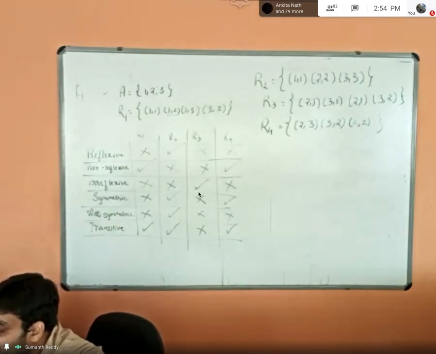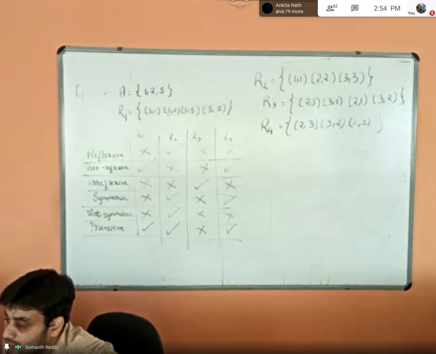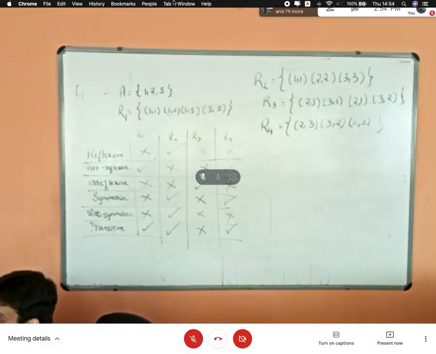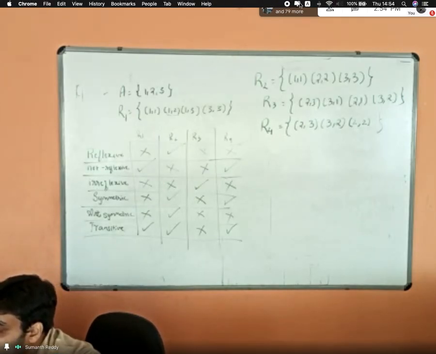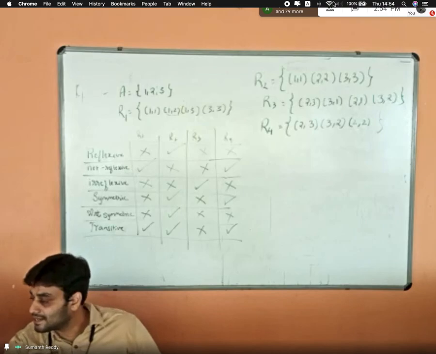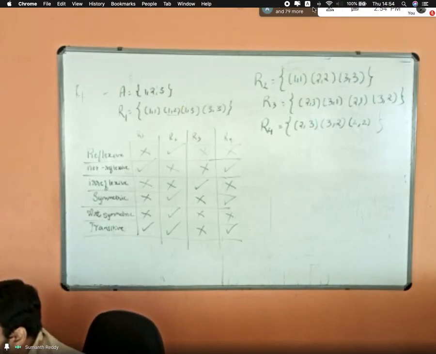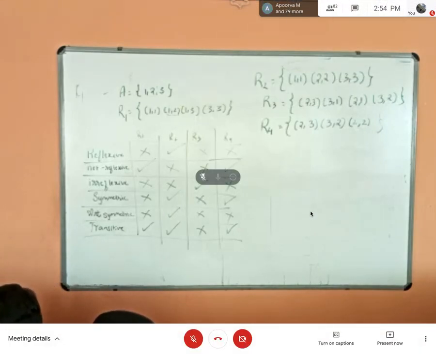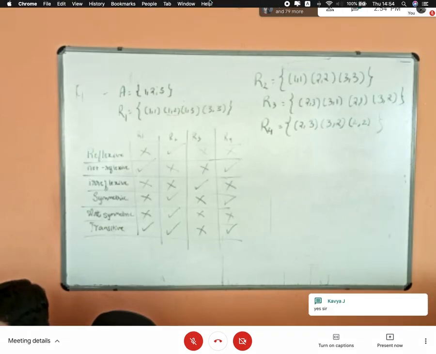Today's class, I think you have understood about the properties of the relation and the theorem well. So next I'll start with the equivalence relation. Once we start equivalence relation and partial order, we will be having more theorems to solve. Okay. So is it clear, students? Whatever the topics that we have discussed today, is it clear?